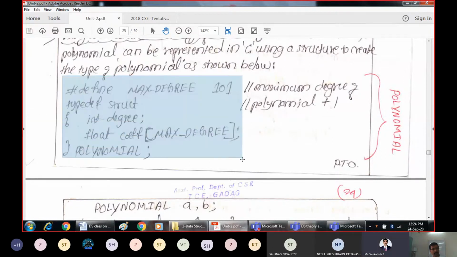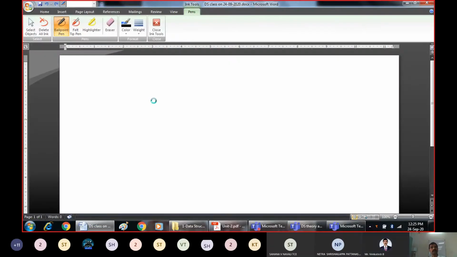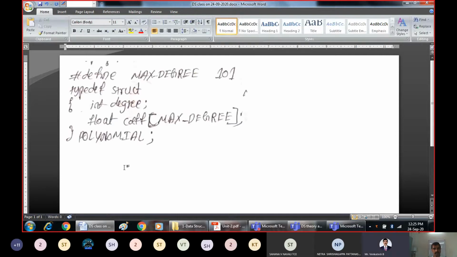I will just take this over here, copy this, and paste it here, just to explain how it looks when we declare something like this. When you indicate max degree equal to 101, that means the max degree value is defined as 101.